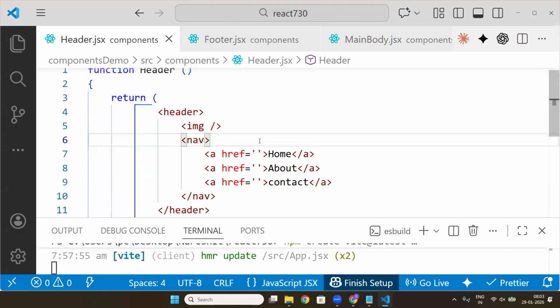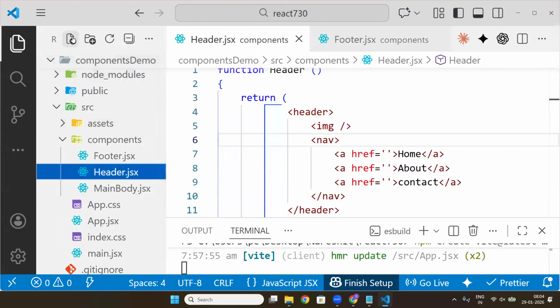So people, what will they do, two methods. In olden times, people would write for each component their own separate CSS. Header carries header.css, footer.css, main body.css. That is the old way. New way, people will use Tailwind. Tailwind is like inline CSS. We will do Tailwind slowly later. Now we are using the old method where I will create one CSS file,